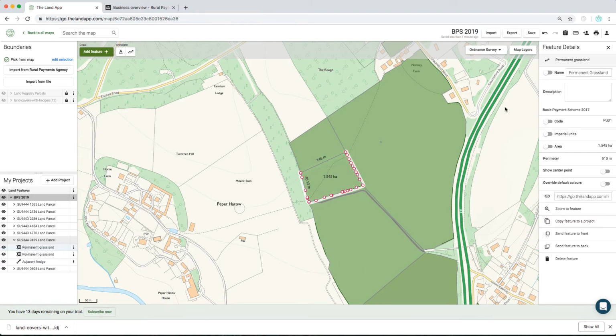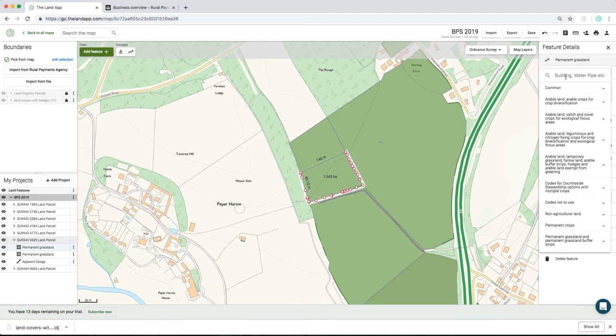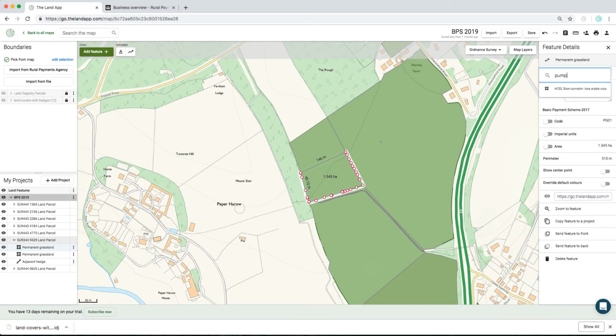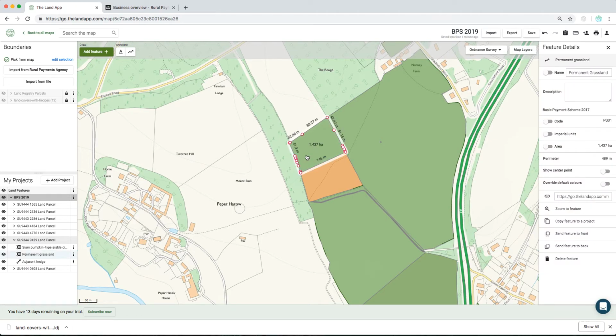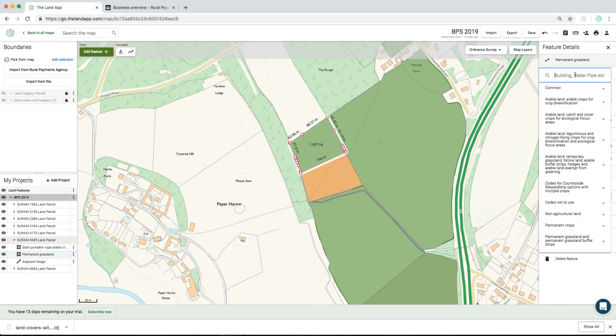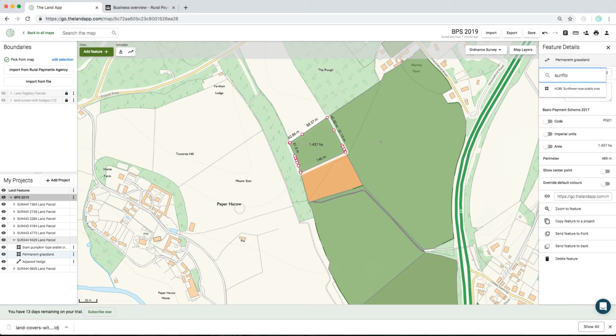So I'm going to select one and I'm going to turn this into pumpkins, and on the north edge I'm going to change this feature type to sunflower. You can see that the codes have updated accordingly. In the left hand panel you can see the crop type has changed,